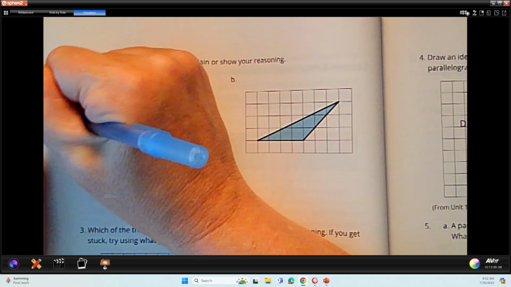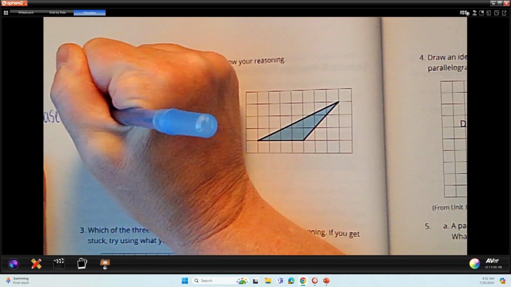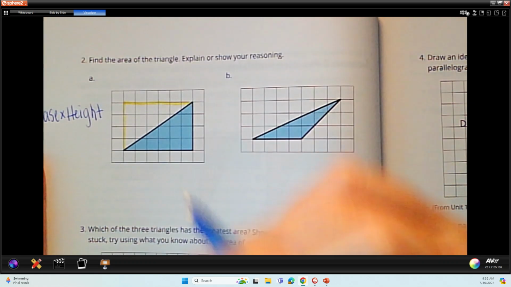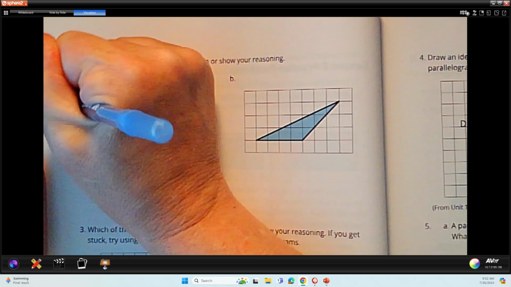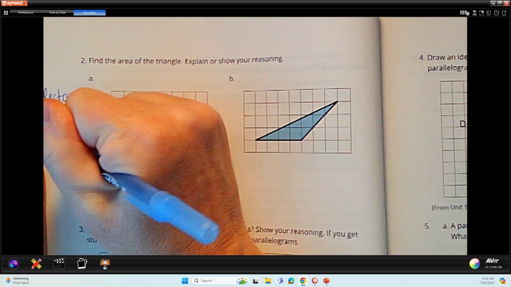So if we know the rectangle formula is base times height, or length times width, remember it's the same thing, then to find, this is for the rectangle or parallelogram, and if we cut that in half,